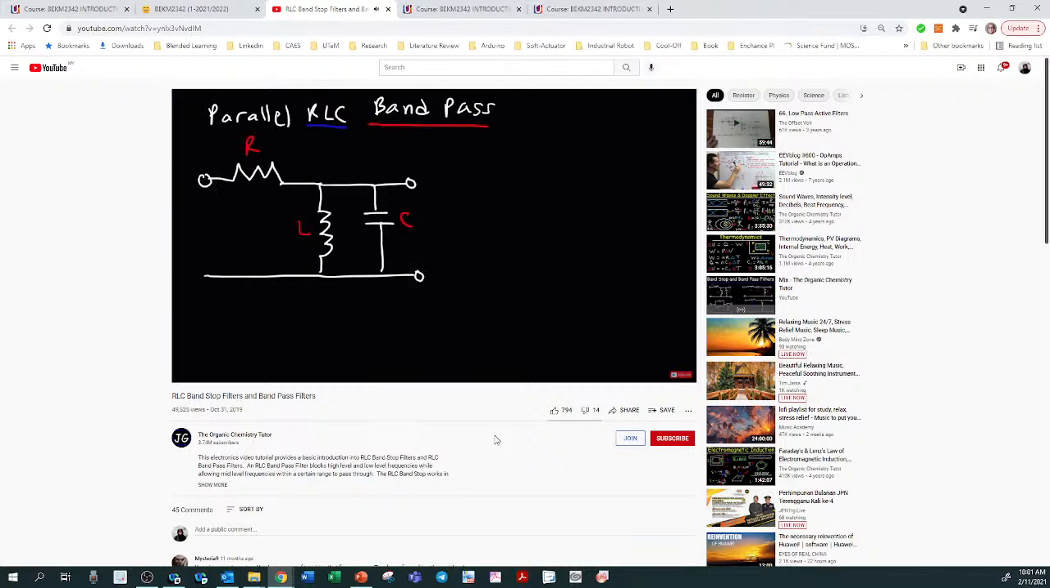Now, before we discuss this circuit, there's some things that you want to keep in mind. When you have an inductor, inductors allow low-level frequencies to pass through without